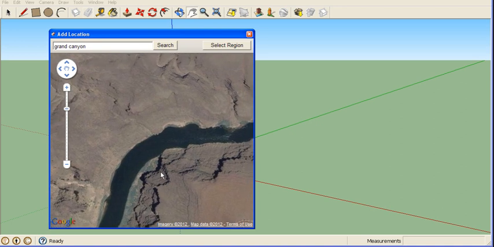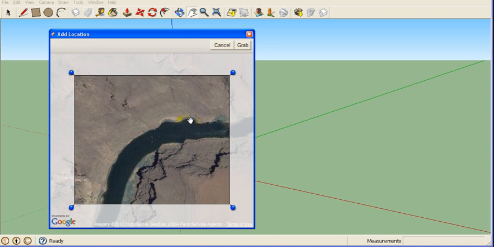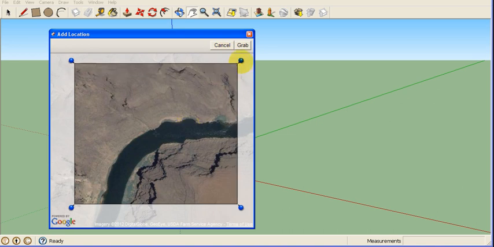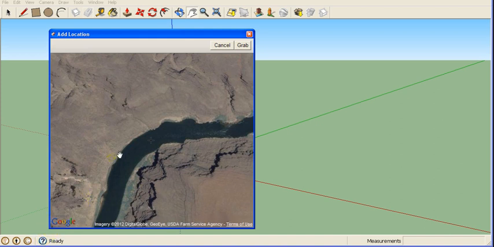Once we like the area that we've selected, and we can go anywhere on the planet Earth and pick regions this way, then we just click on select region, and we can move these pins in and out to where we want, whichever region we wanted to select, and then just click on grab